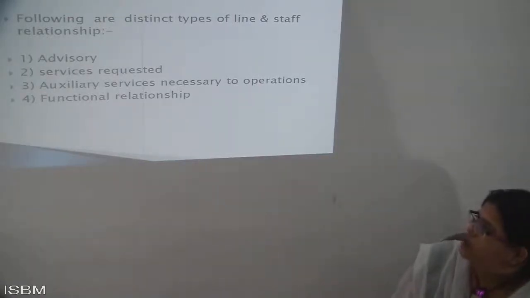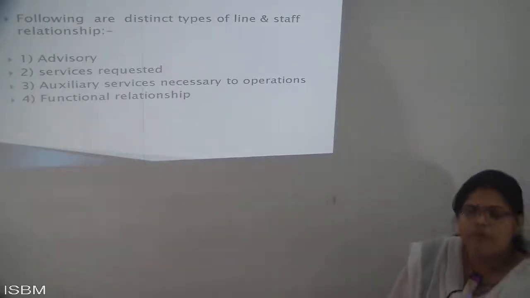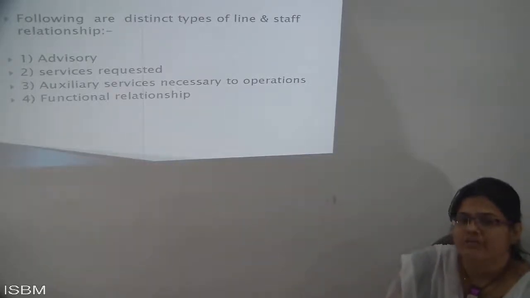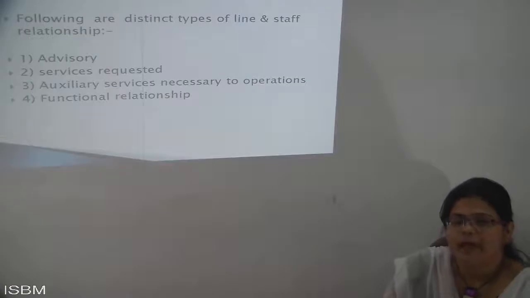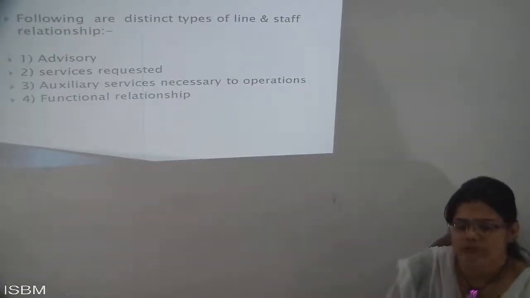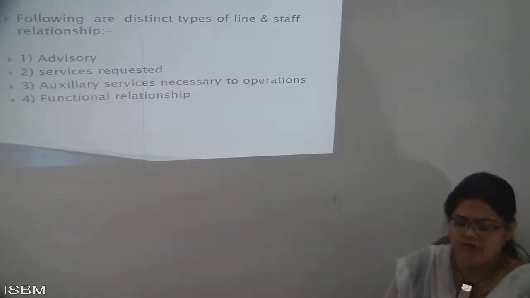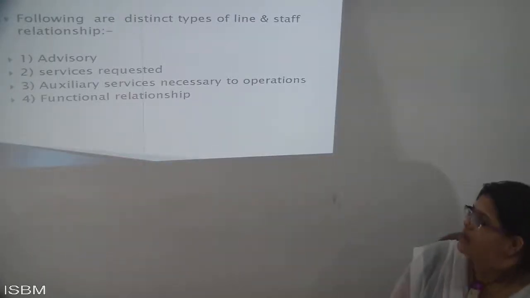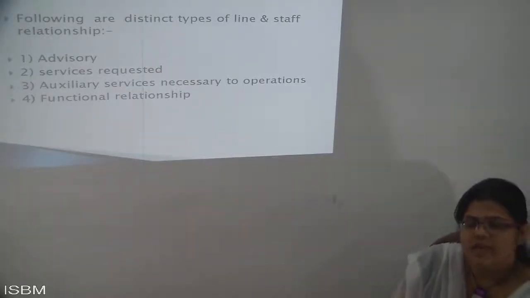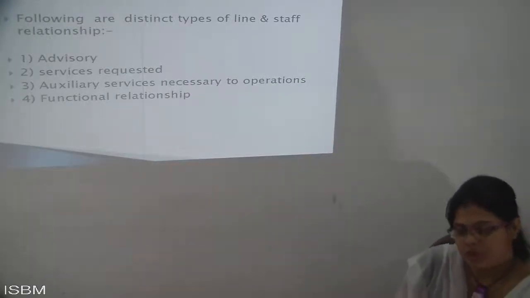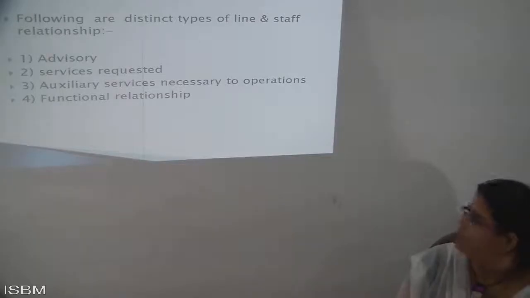So first, when you are developing any kind of relationship, you need to think about the relation. First you should be advising, you need to advise the people, you need to counsel the people, in case any wrong information has been passed, or any barriers have been created. Next is service requested. Service requested means that if there are any issues or problems that arise in the work, how you solve that problem is most important.